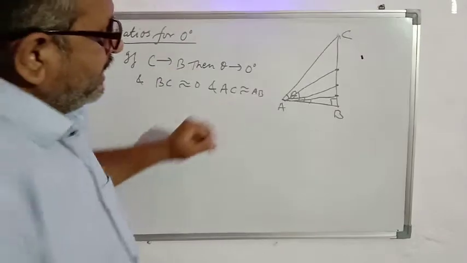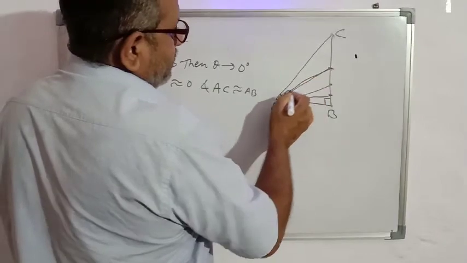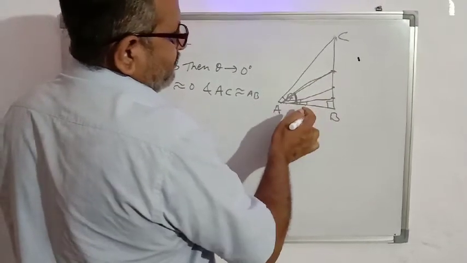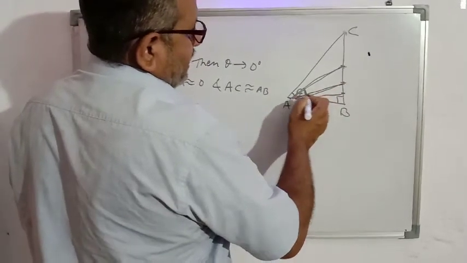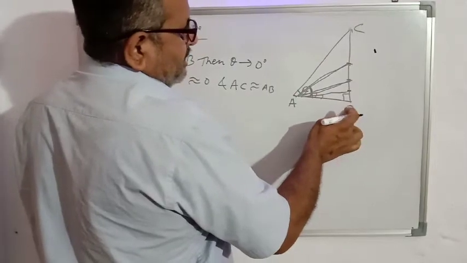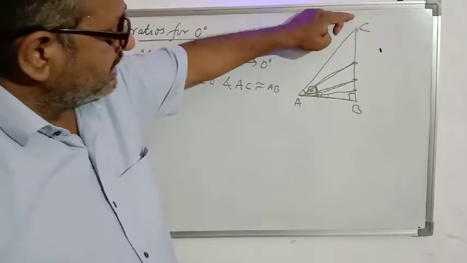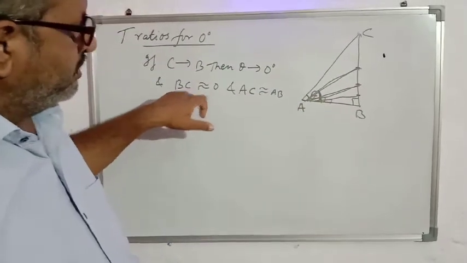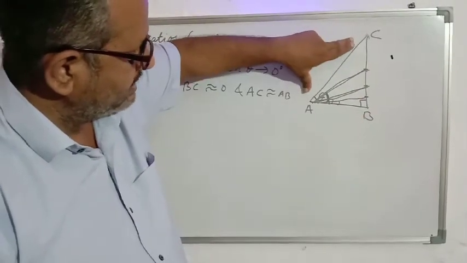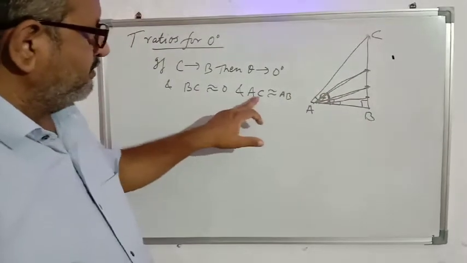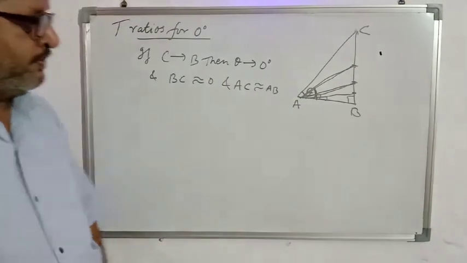So see here, as C moves towards B, suppose C is coming to this point, then theta will be this value. It is less than the previous value. Suppose C again moves down, then theta will be again less. So when C coincides with the point B, we can suppose theta is almost 0. In that case, CB will be 0 and AC will become AB. So AC will be almost equal to AB. If C tends towards B, then theta tends towards 0.